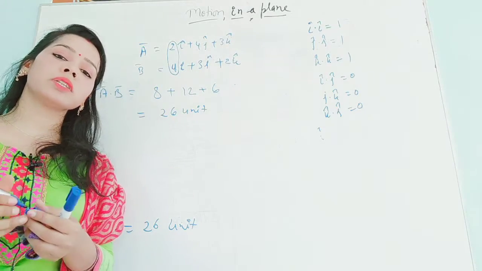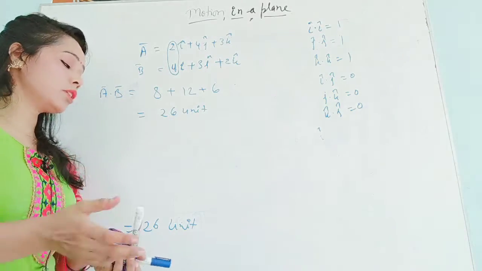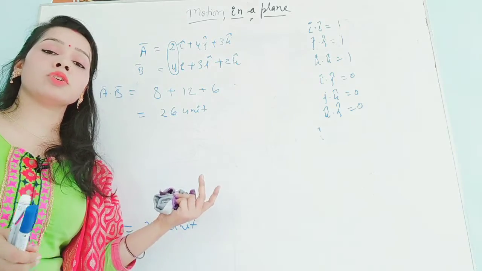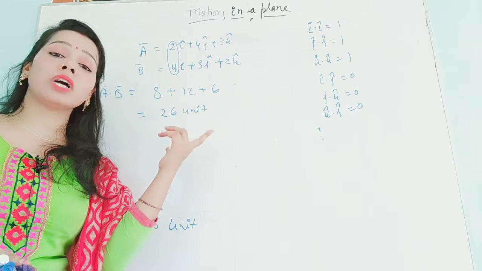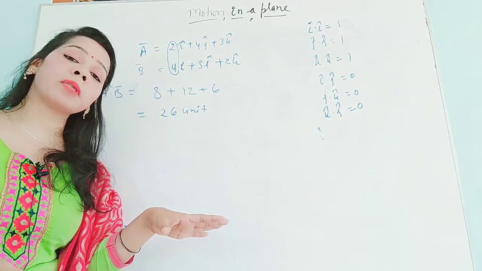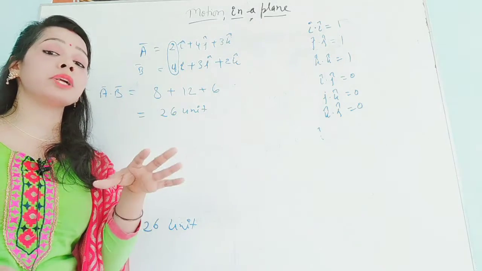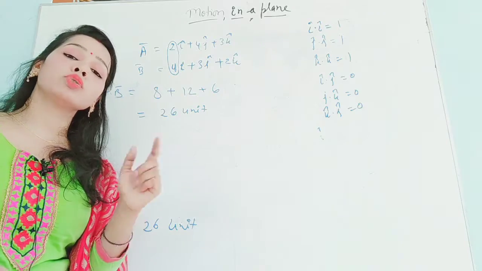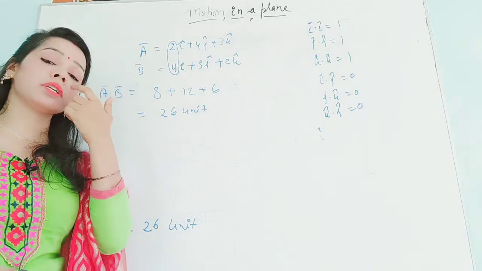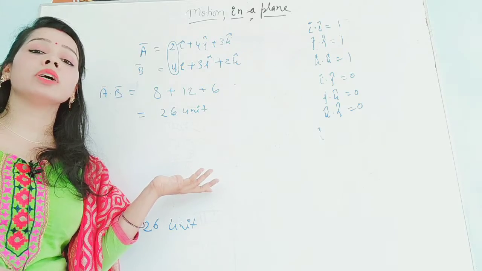So this is the shortcut method to find the dot product of any vectors if they are given in vector form. The last one I explained is the detailed method to find the dot product of any two vectors. And the first one I explained, you can use when the magnitudes of the two vectors and the angle between them are given. Then you use the formula I explained in the start, A dot B equals AB cos theta. So these are the two types of dot product questions which come in the exam.